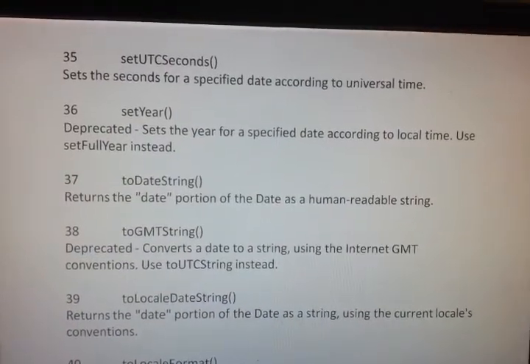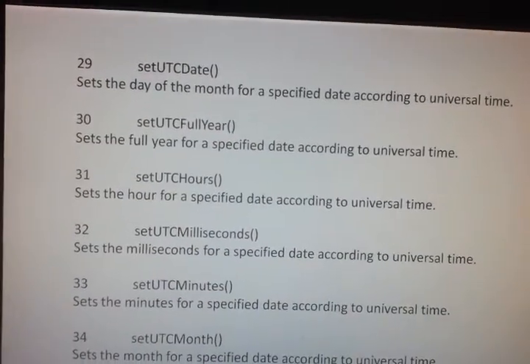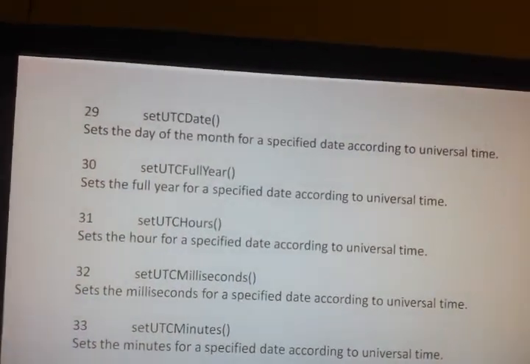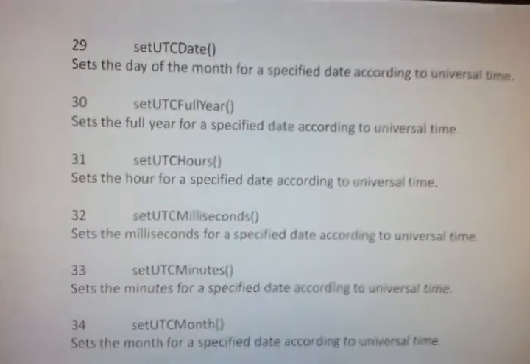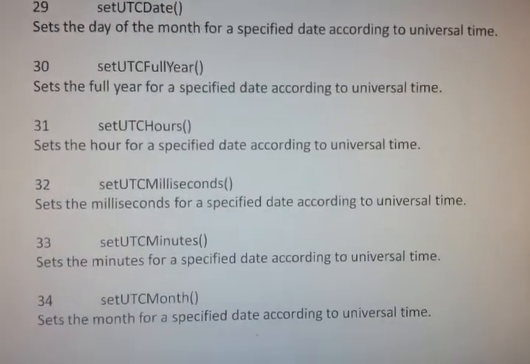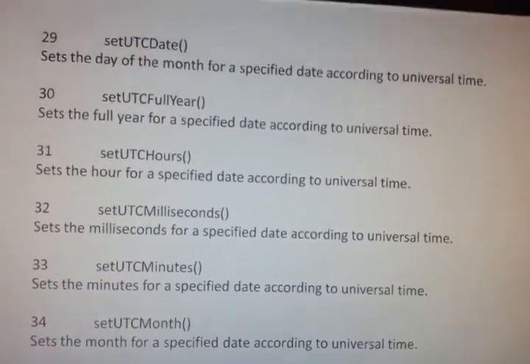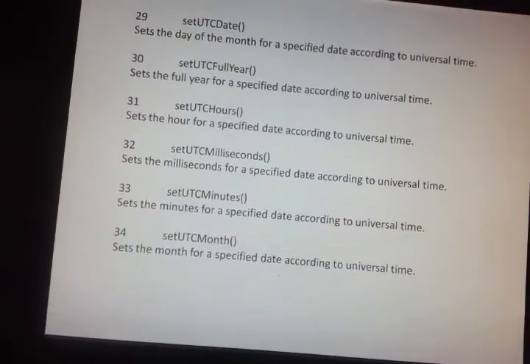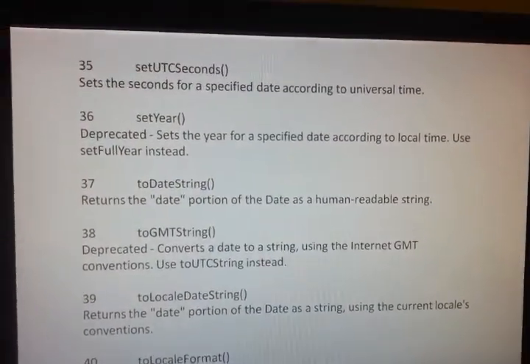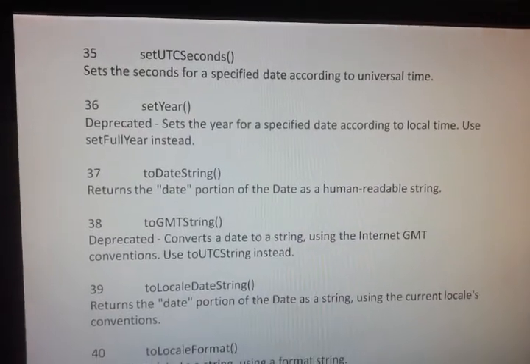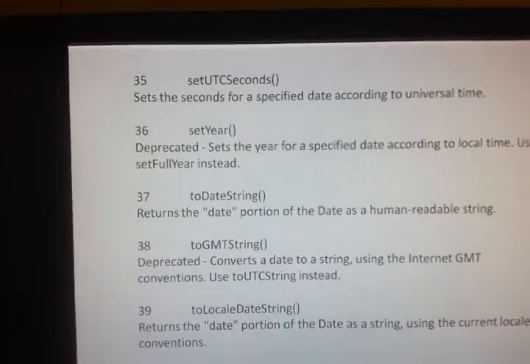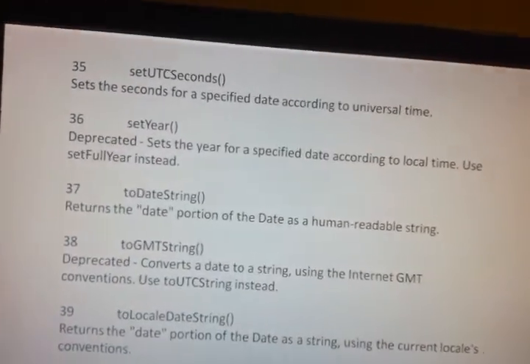So for UTC the methods were setUTCDate, setUTCFullYear, setUTCHours, setUTCMilliseconds method, setUTCMinutes method, setUTCMonth method, setUTCSeconds method, and setYear method. These are date set methods according to universal time.